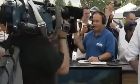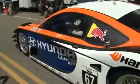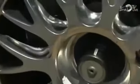A lot of handshakes, a lot of congratulations going around. We got the cameras coming in front. The Team Peugeot, they are excited beyond belief. Directly to my left, they know something, and they obviously feel the excitement has been accomplished and the goal has been reached. But will it be enough to be in the 8-minute club? Well, I think a new world record could be a possibility. But I'm reading the faces here. There's a lot of excitement and a lot of handshaking and backslapping going on. We will get a